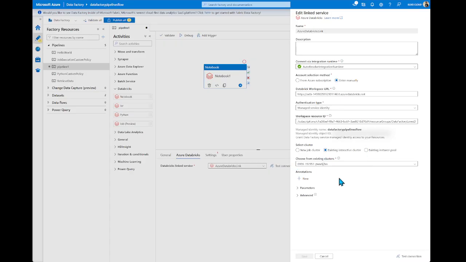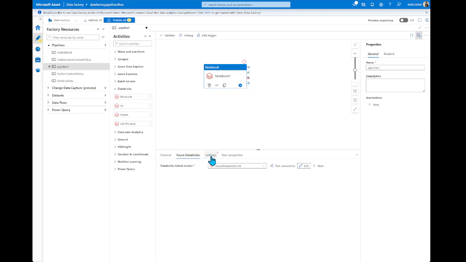Yeah, we have this existing cluster and everything. So we have, as I mentioned, parameters. We have advanced information, but in our case, we don't need it. So let me test this connection and see if it works. It takes some time and we see the connection is successful.